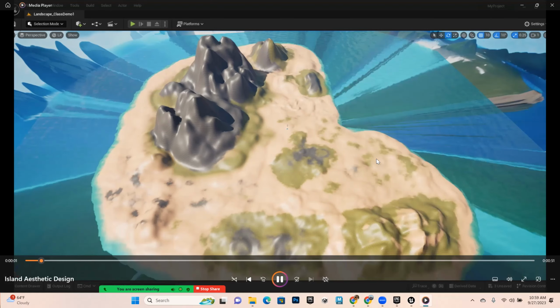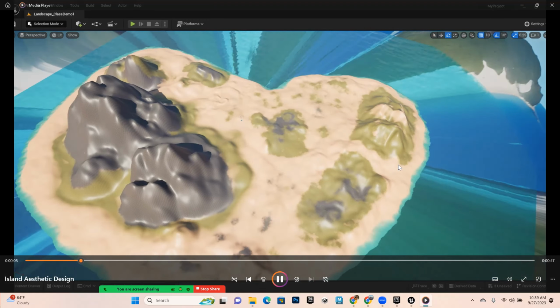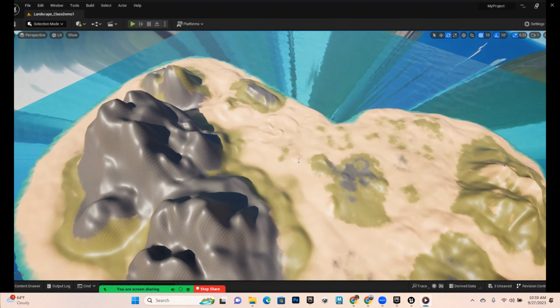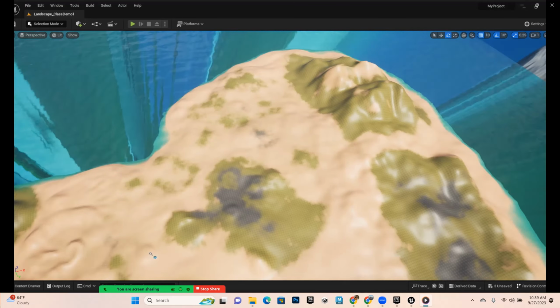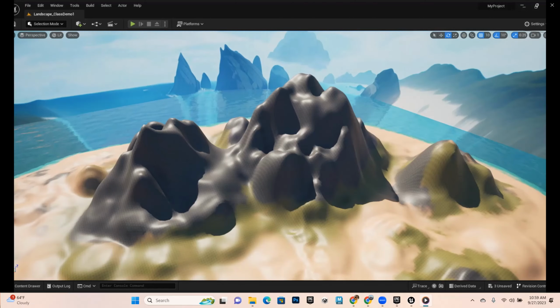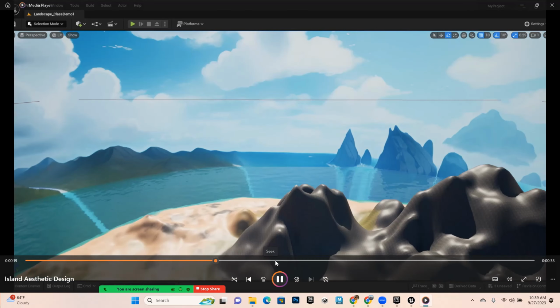For the overall shape of my island, it kind of has a boot-like shape. And through the use of sculpting, I added mountain-like bumps and smaller bumps all around the map to give it a rougher feel rather than just a plain grid. The paintbrushes that I used were